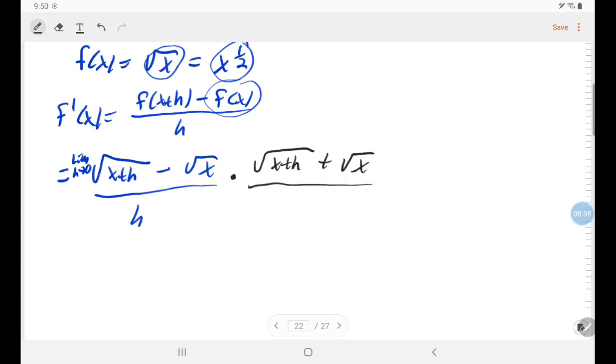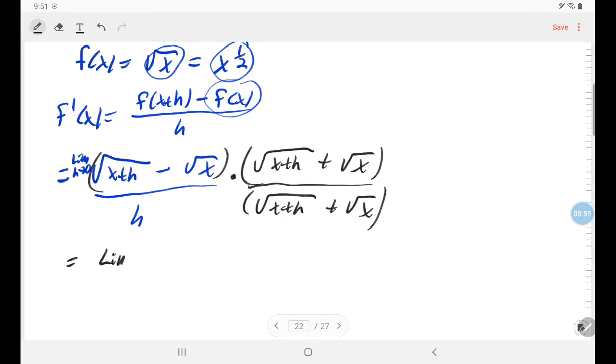So since the top is root x plus h minus root x, I'm going to multiply by root x plus h plus root x. The only one I'm going to mess with is the one where I'm trying to rationalize the top. The bottom I'm going to leave just like it is,